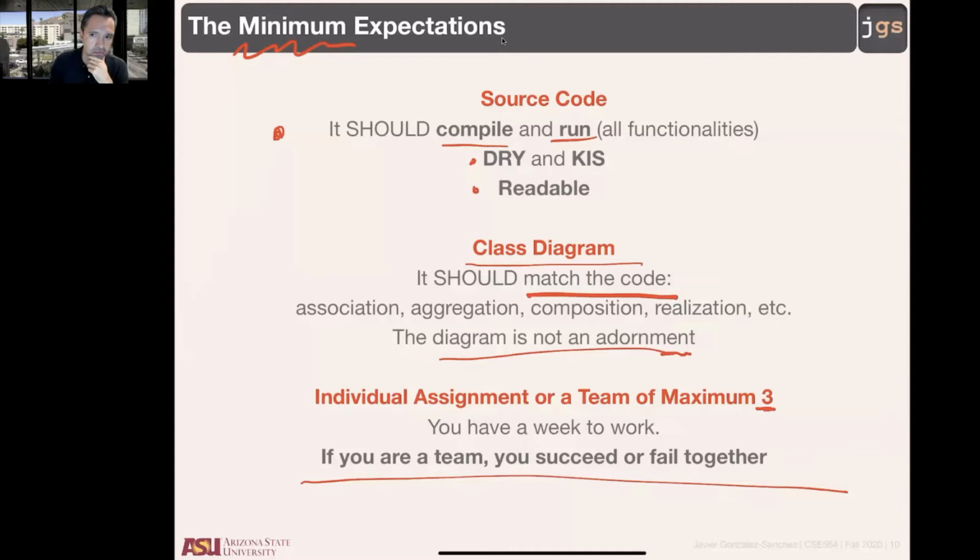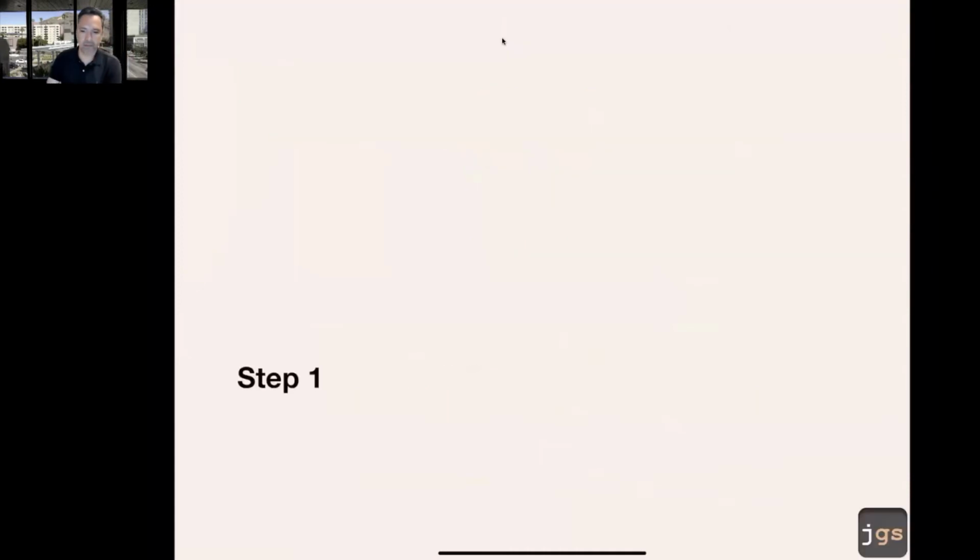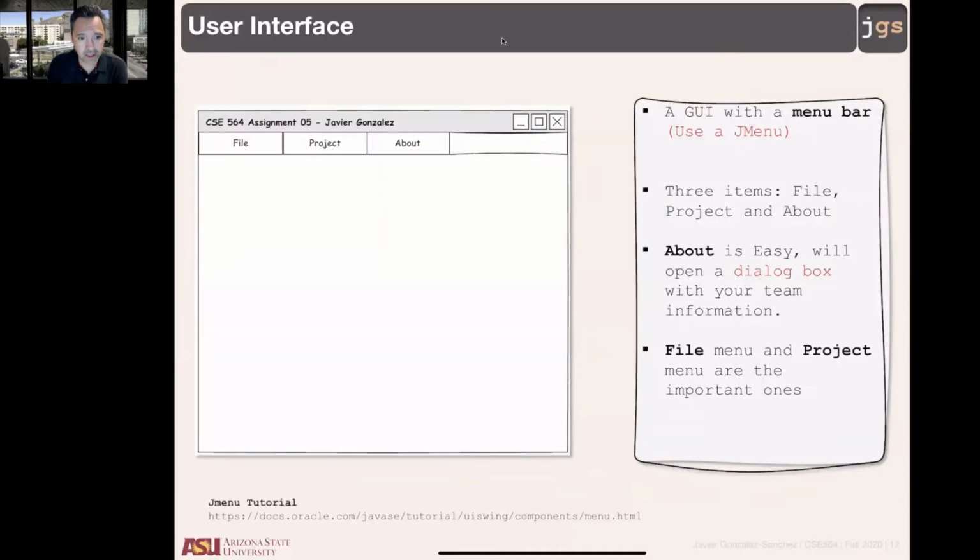Team working, class diagram, source code. The project. Step number one, I am thinking in a project that have the previous design. And now let me tell you the functionality, the requirements. Number one, your project should look like the screen that I am sharing. I am expecting a project that have a frame, is a Java frame,